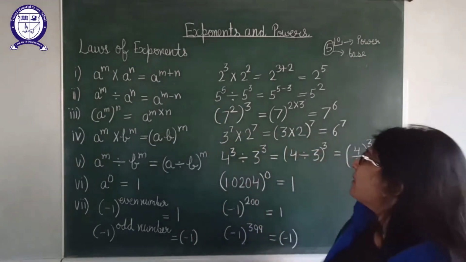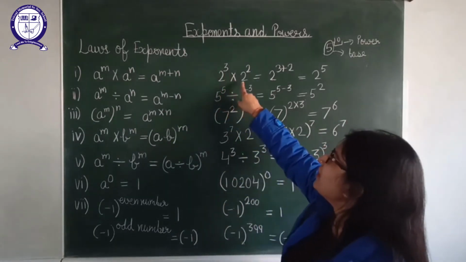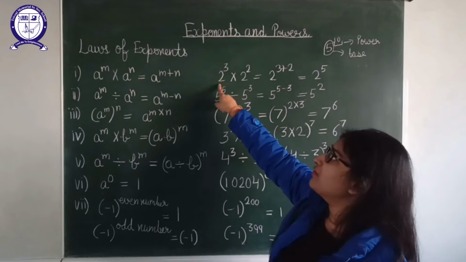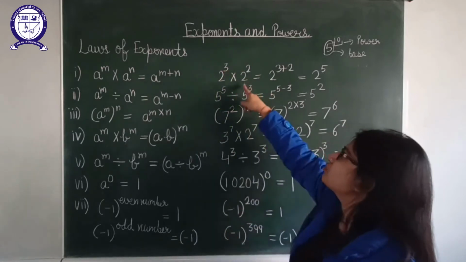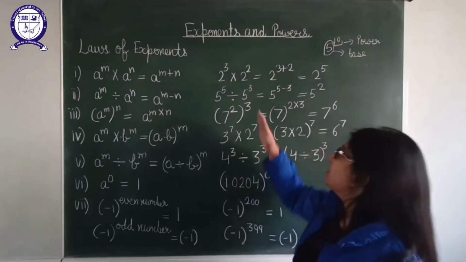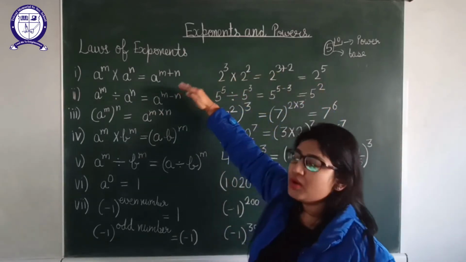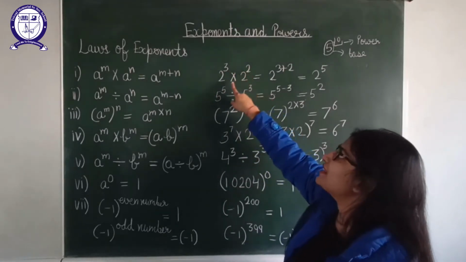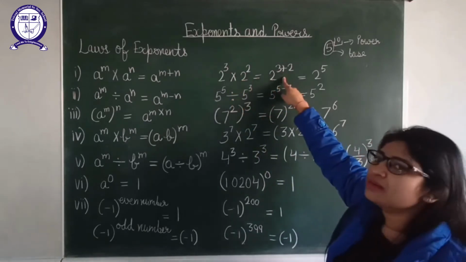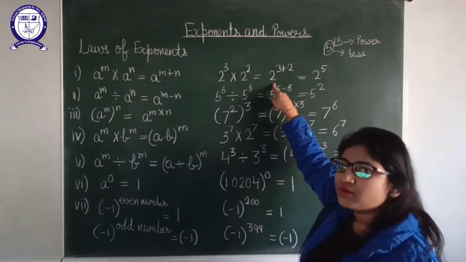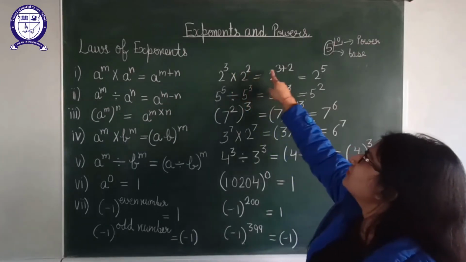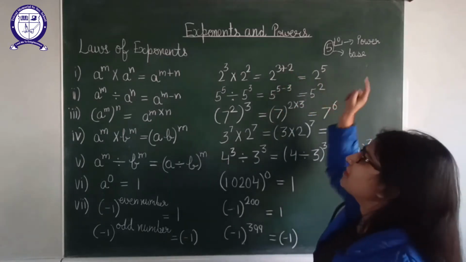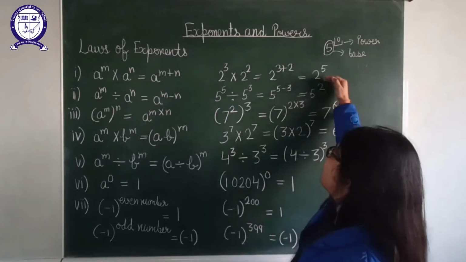How you will apply it? As you can check, 2 raised to the power 3 multiply 2 raised to the power 2 is given to you. So you will not do it like, first of all you will find out 2 raised to the power 3, it will be 8, then 2 raised to the power 2, 4, then you will multiply. No. You can directly write it down using this law as the bases are same, 2 and 2. Powers are different, one is 3, one is 2. So as they are in multiplication, you will add the powers. So 2 and 2 bases are same, we will write down 2, and as the powers are 3 and 2, we will write down 3 plus 2. So 3 plus 2 power will be 5. So it will become 2 raised to the power 5. Like this you can apply it.